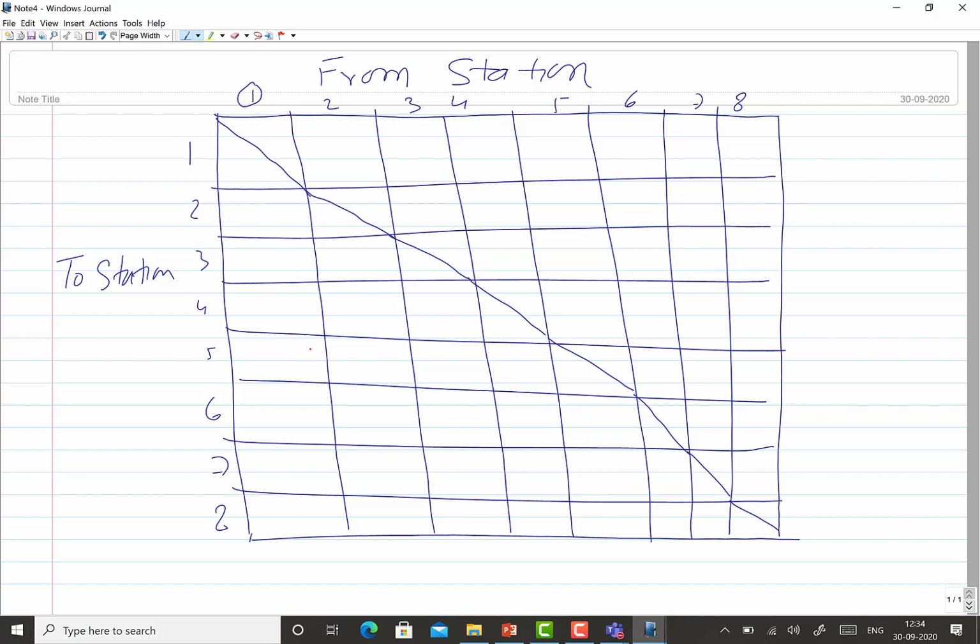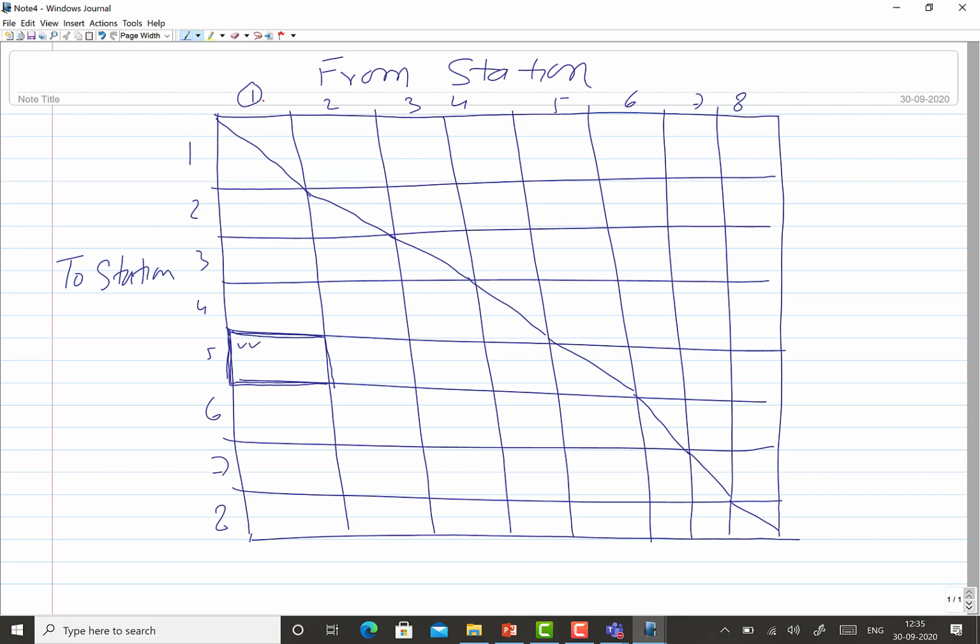Okay, so this is the block. Each square block shows the number, or frequency, of the movements taking place, and that will be marked. So this block shows the movement from 1 to 5. This can be just two movements. So when two movements are shown, we mark two tick marks like this. Okay, this is one thing.